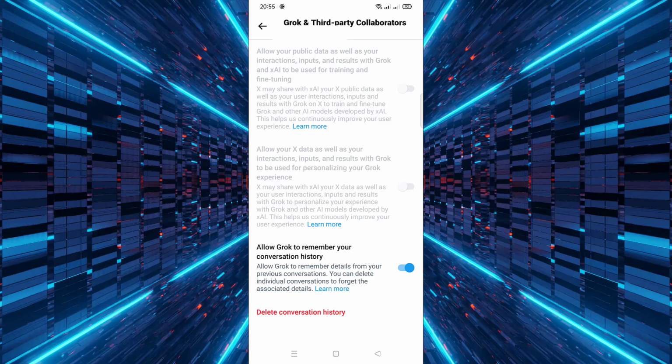Taking these steps will give you more control over your personal information and how it's used by X. In conclusion, protecting your digital privacy is important. Disabling Grok data sharing is a simple step that ensures your